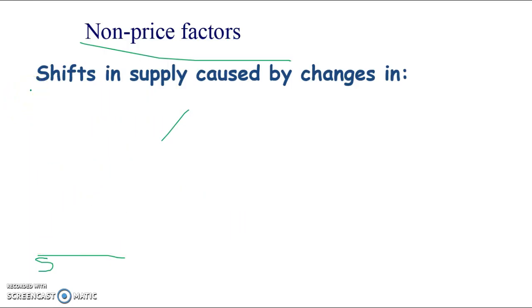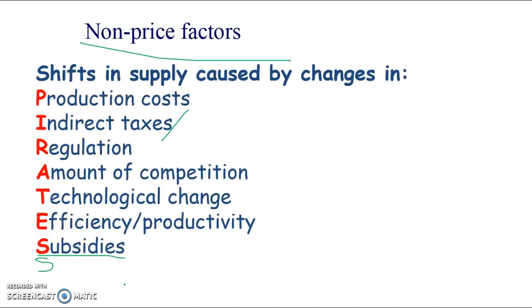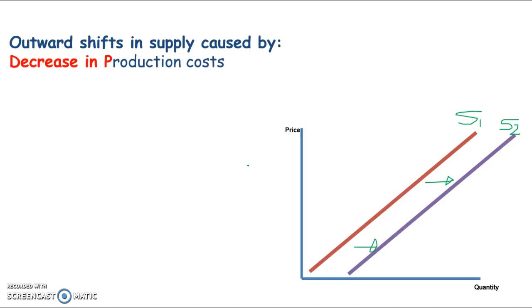So if I go back to where the supply curve is, changes in these things will also shift the supply curve. So if we have an outward shift, I'm just going to start by labeling this up. This was S1, this is S2. Let's do my arrows. So it looks like it's increasing. There we go. Outward shift in supply could have been caused by a decrease in production costs, because you can